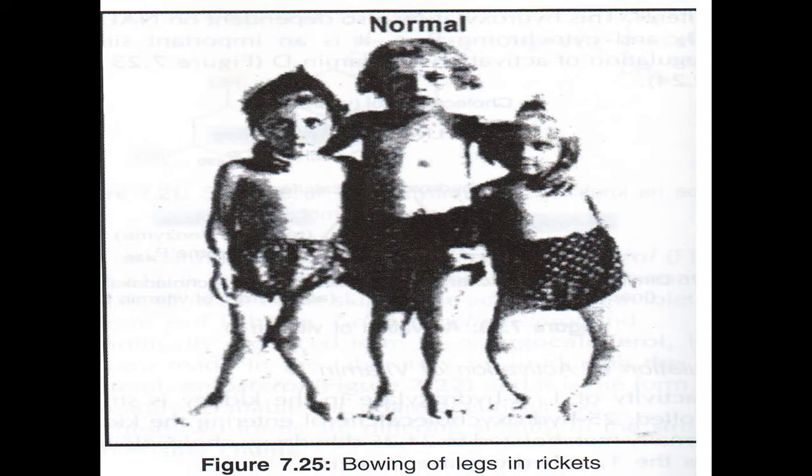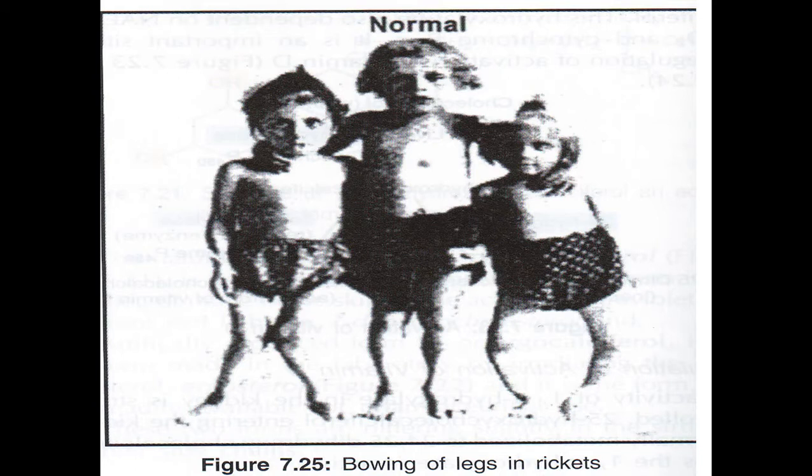Now see, this is a picture showing the rickets symptoms in children. This is called knock knee, which means both the knees of the legs come together. Both the knee joints are sticking to each other, so they will walk like that. That is called knock knee. Now you can see in the other diagram that the legs of the children are widespread. This is called bow legs.